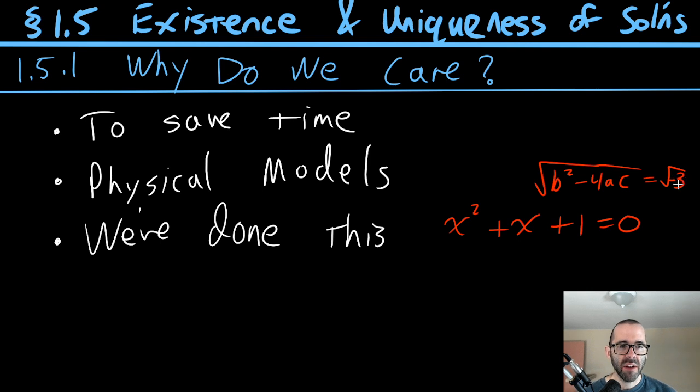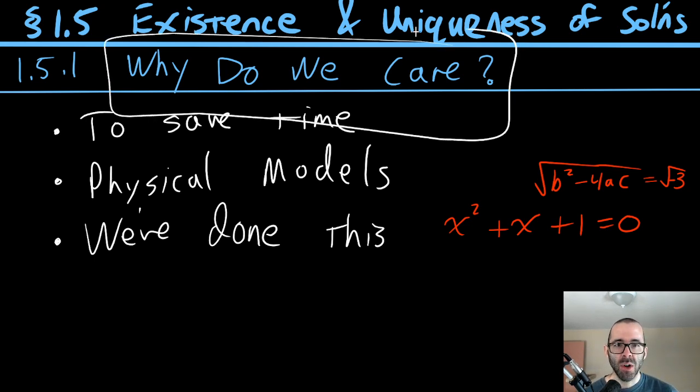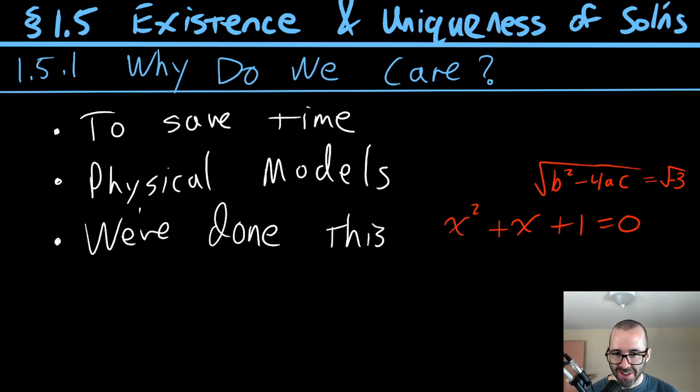Specifically, we know that if the discriminant is 0, then there's a unique solution to this equation. So we've done this before. Again, maybe that adds more questions about why you care and doesn't answer a question, but it's something to tie in.